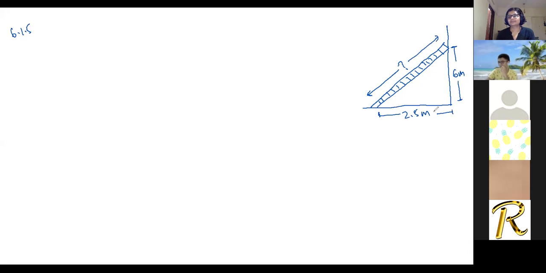Okay. So this is pretty straightforward. Window and wall hamesha 90 degrees angle pe hote hai. Unless it's like some weirdly shaped building, wall and floor are always perpendicular to each other. Okay, so this forms a right angle triangle. So you can say by Pythagoras theorem,